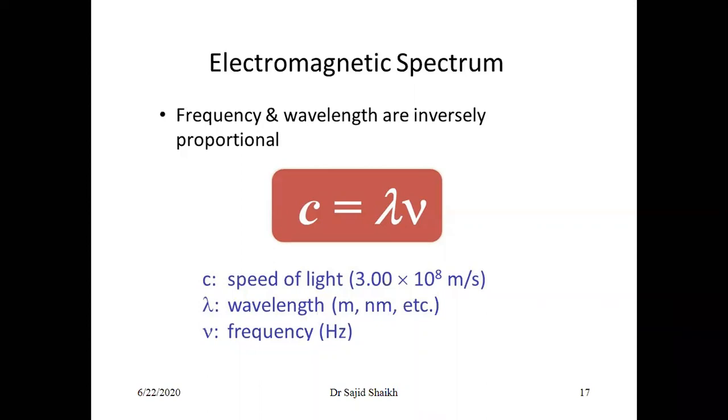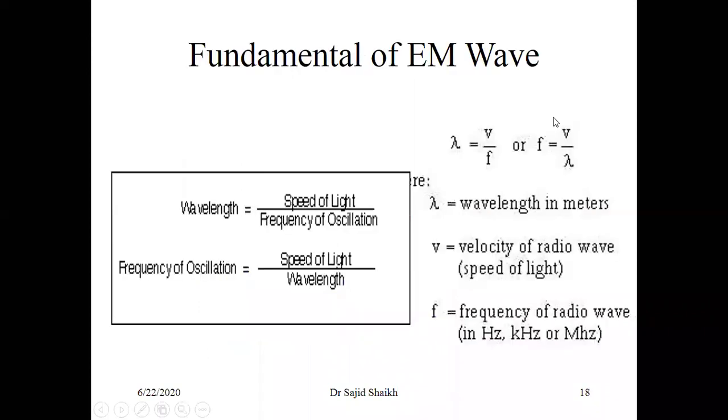Okay. So after this, the question arises: why is there a necessity to find the relationship between frequency, wavelength, and the speed of light? We already studied that these parameters directly impact the height of the antenna. The height of the antenna matters when we want to transmit the signal from transmitter to receiver.